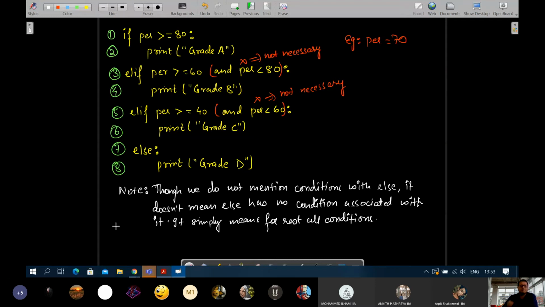Is it clear? Let me know so that I can move forward. Yes, sir. Yeah, Ilham, it is wrong. You cannot give a condition with else. Else is only used to signify all other conditions. You cannot write any condition with else.